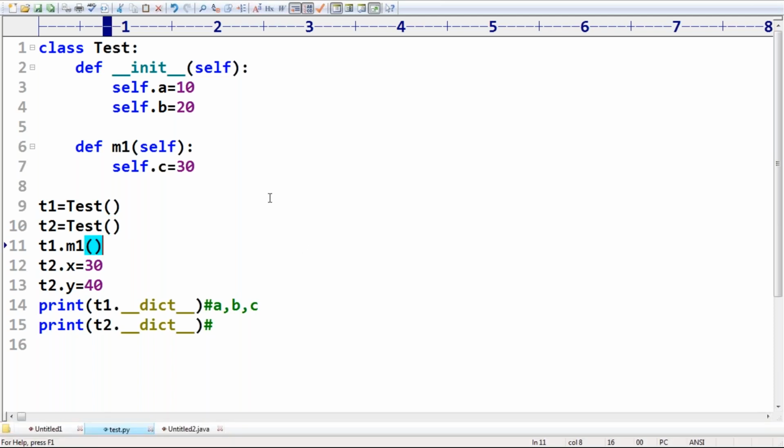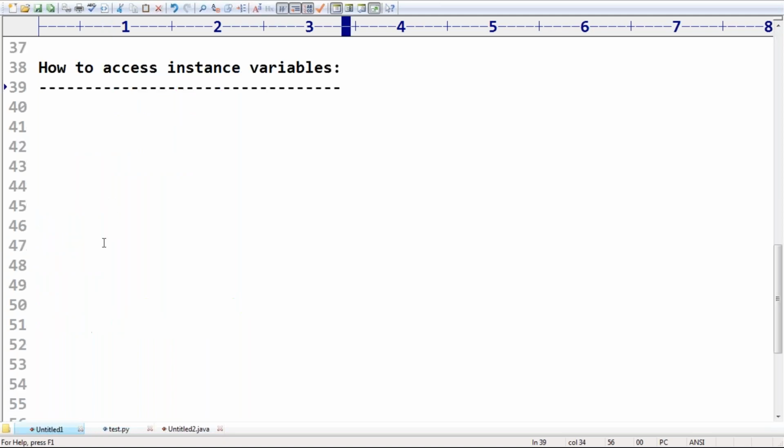This is about how to declare, where we can declare instance variables, right? What is the next thing we have to discuss? How to access instance variables. If you want to access instance variable, there is a simple straightforward way. We are not required to worry much about that. Within the class,